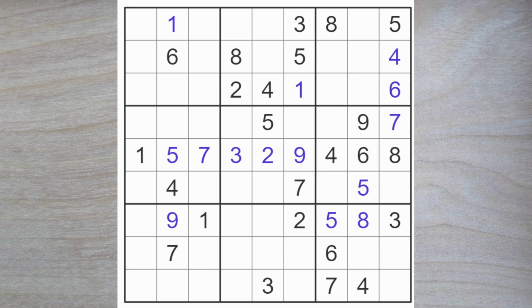Now here, 1, 2, 3, and a 9. Here's a 1, 2, so this is a 3 or a 9. But we already know that one of these must be a 3, so this can't be a 3 or a 9. It must just be a simple 9. Now a 1, 2, 3 here. This being a 1, 2, of course. So